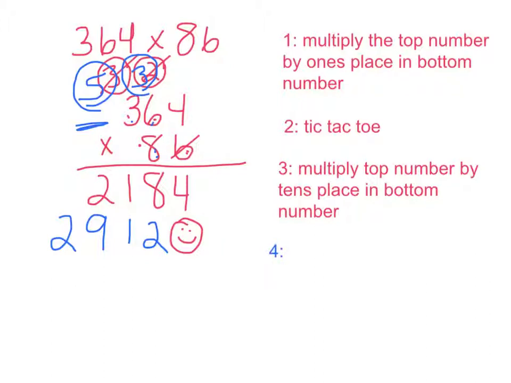So once I have that, I have my fourth step. My fourth step is add up the partial products. Since we know product is the answer to a multiplication problem, my partial products means these two numbers right here. These are my partial products because they make up part of my product. So if I add those up then,